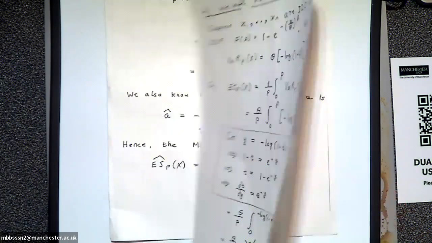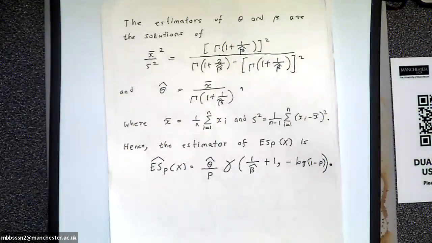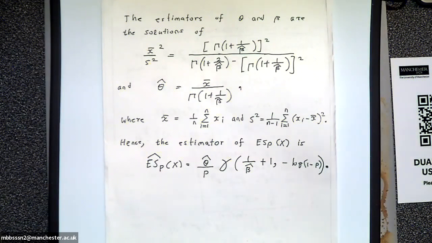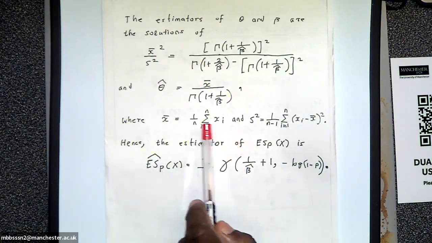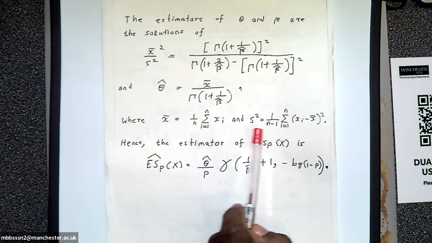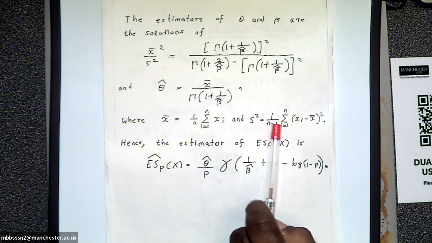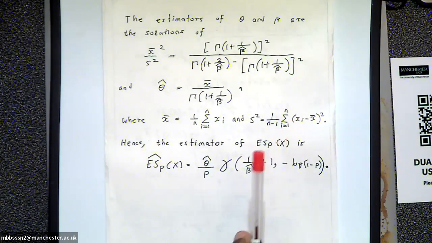And there are 2 parameters, theta and beta. And it can be shown, I don't expect you to know that, I don't expect you to know this, that the estimators for theta and beta are the simultaneous solutions of these 2 equations, where x bar is the sample mean and s squared is the unbiased version of the sample variance. So hence the estimator for ES is given by this. So those are there are 4. So these are the 4